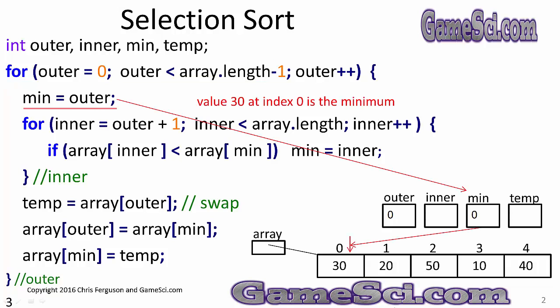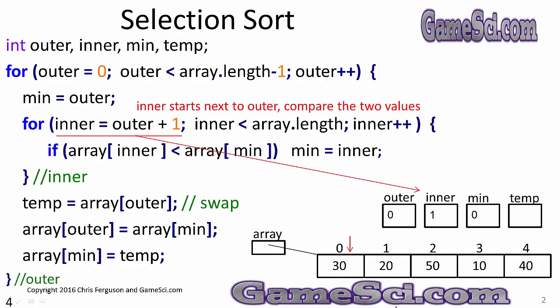Min equals outer. The value 30 at index 0 is the minimum. We'll always start with the minimum value we can find during our scan. Min is the index or subscript of the smallest number we have looked at so far. The inner loop is the scan. It's going to go down the array looking for a smaller number than the minimum. Inner will always start at outer plus 1, so we've got to compare two positions. We're going to compare outer to inner, and if it's smaller, that's the number we want to swap at the